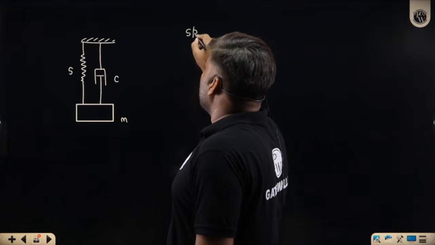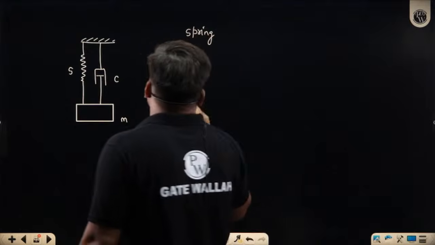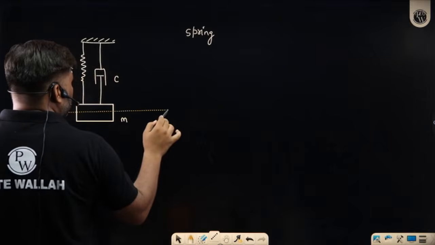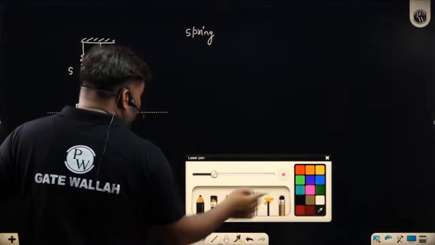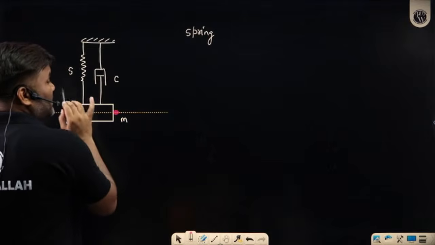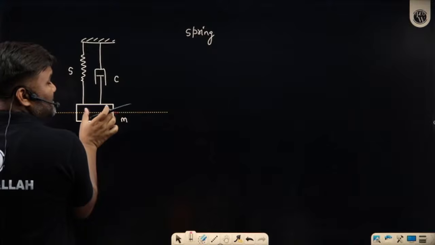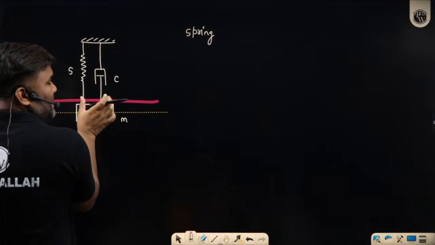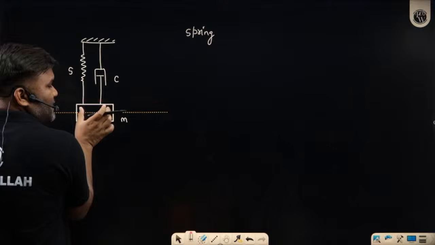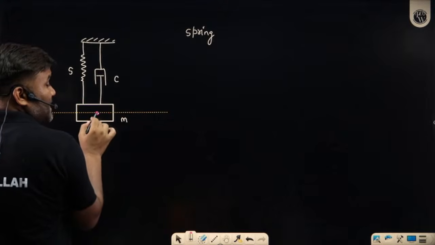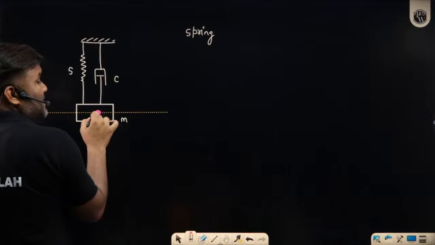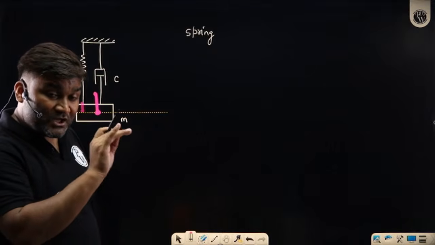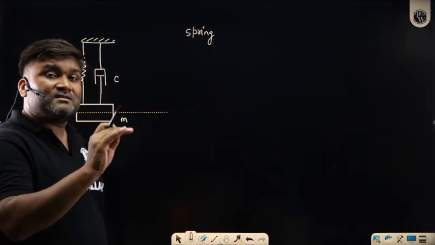Sir, what about the spring? How does this spring apply forces? Sir, about the spring I know this: suppose at this mean position you are resting. This is the mean. Who decides the mean position? The mean position is decided by the spring only. If this mass was initially somewhere here, you are holding it, gently release it. Because of the weight it comes down, and somewhere here it stops. Why? Because at this location mg, the weight, acts in the downward direction, and the spring has elongated by some amount, so the spring's upward force and the weight balance each other. The initial static deflection is decided by the spring only.